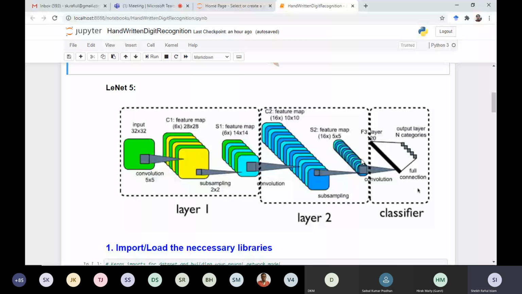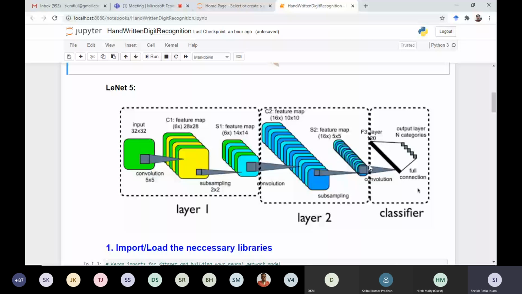To do that, we need to define a fully connected layer. Here the number of neurons we have used is 120. So this is a fully connected layer. You can consider it as a one-dimensional vector having 120 elements. And in between that, we have another operation, that is flatten.